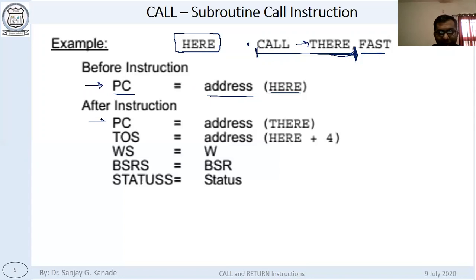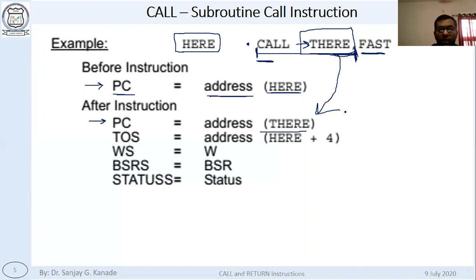PC will contain the address of this label. That's what we are telling the program to do: instead of this instruction, which is written next to call, you should execute the instruction written at this label. So the program counter will contain the address of this particular location.